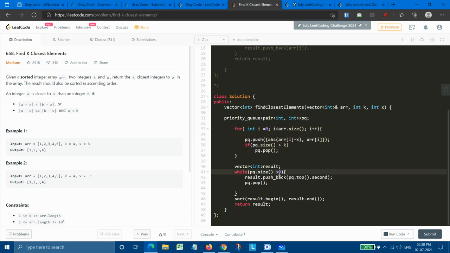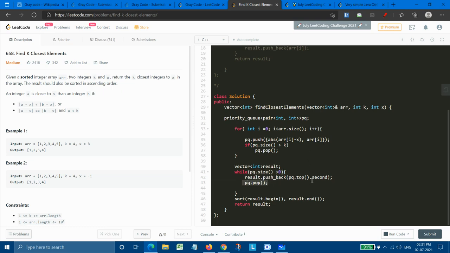Now comes the next part, that our max heap is filled. So we need the answer. The answer will be stored in this result vector, because the return type of our function is a vector of int. So we'll maintain a loop over the priority queue, and we come out of this loop when its size is less than 0, as we are popping the elements at every moment.